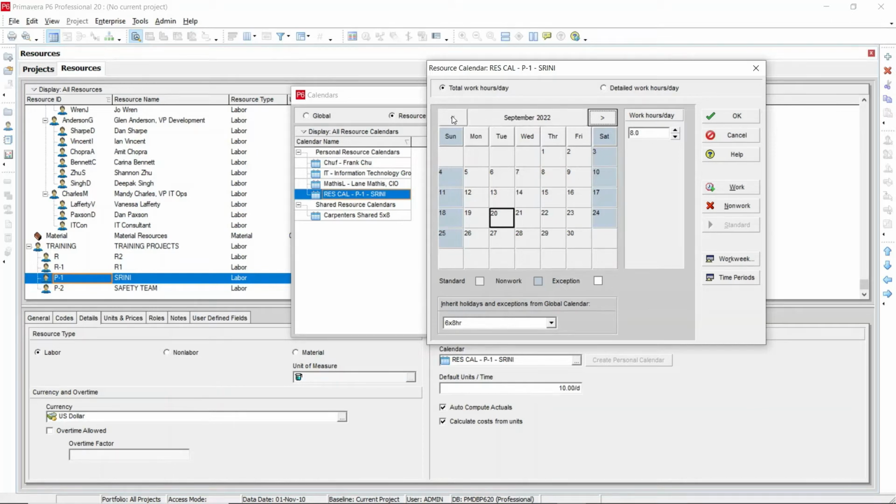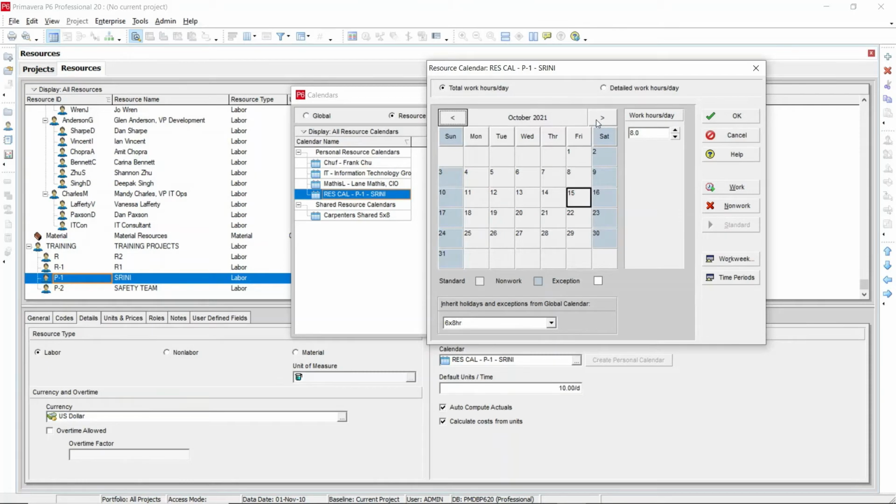Again, if you want to make non-working days, that is, if you want to add any holidays for the particular resources, since it is a personal resource calendar, the particular resource may have a holiday or a vacation.